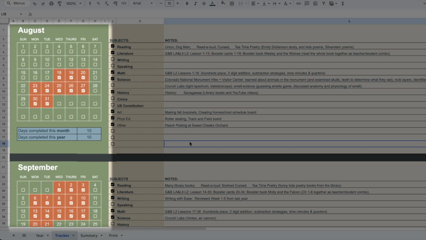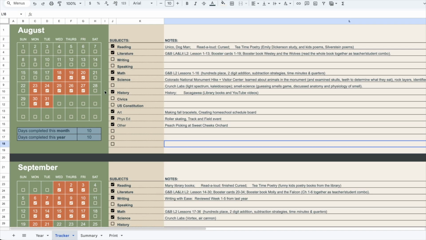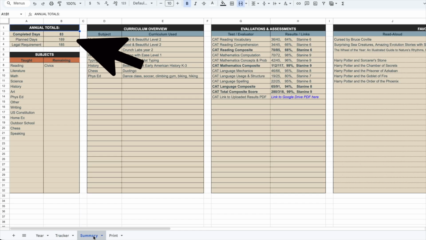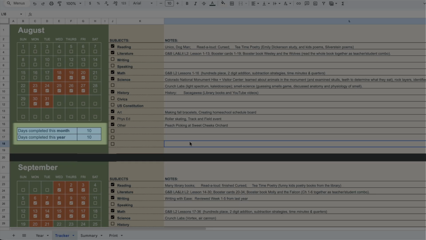In the calendars, each date has a checkbox, which can be used to mark each completed school day. All checked days are automatically summed in the blue boxes below each calendar and in the Summary tab, making it easy for you to track your child's attendance. The blue boxes show the total attendance for each month, as well as a running total of your school year